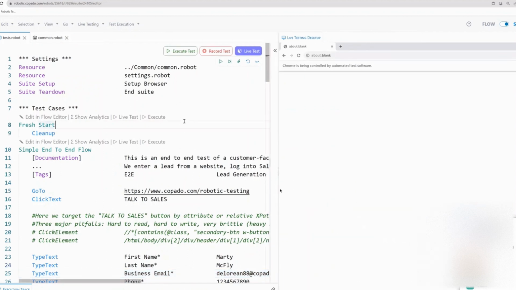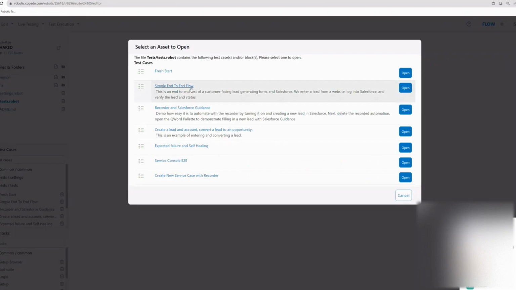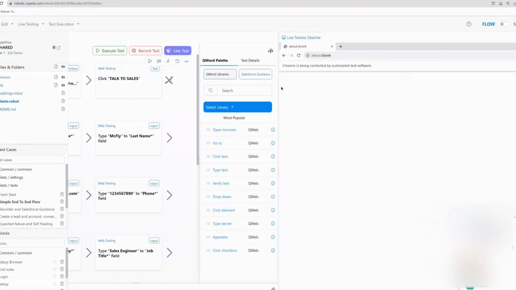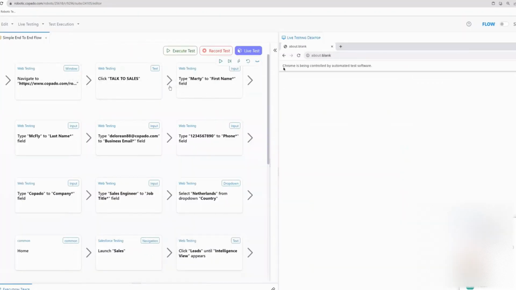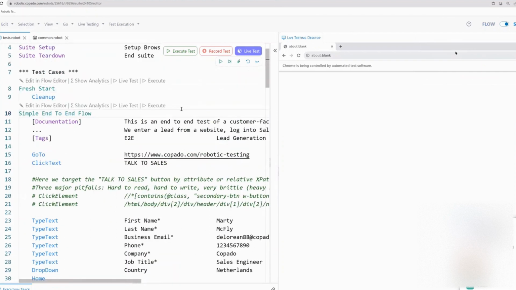We have a handful of different ways to view our tests. Right now we're looking at a script view, which is a top to bottom line by line of the entire file. We also have a flow editor available. If I click on this toggle in the top right-hand corner and then select a test case, you'll see that we can view our test cases as symbolic representations, or I can view it in a script. I'll switch to script view so we get more information on our screen today, and let's just run a couple